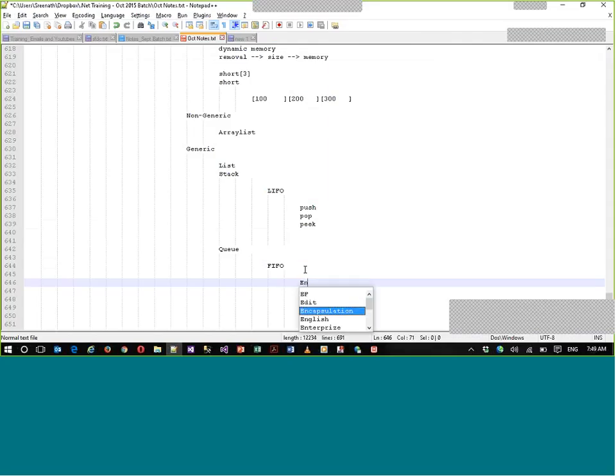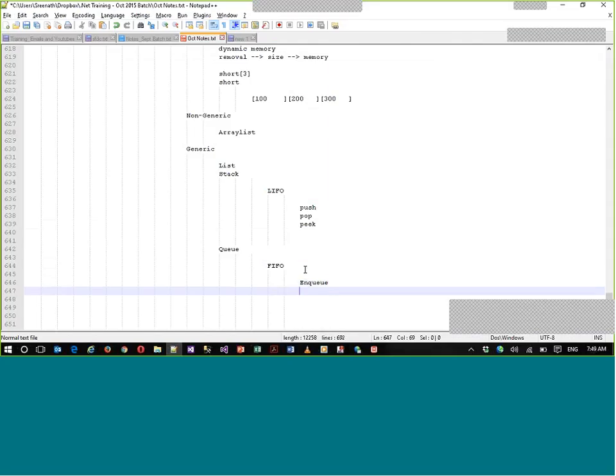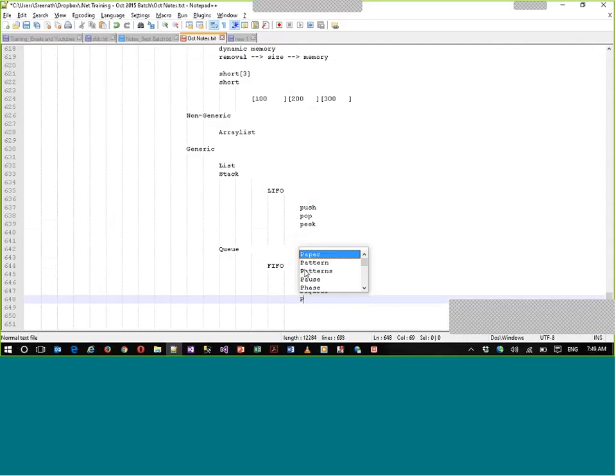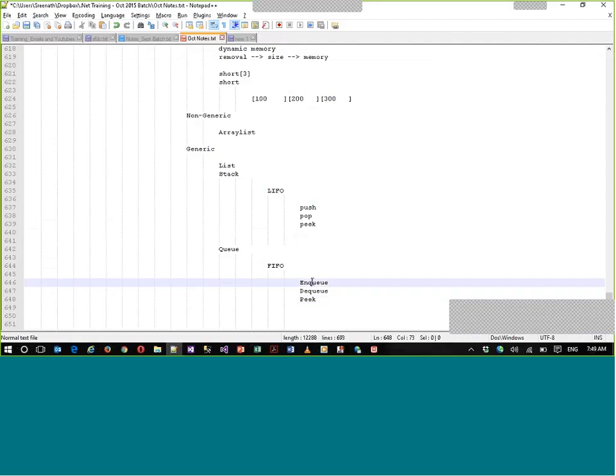First one is Enqueue, second one is Dequeue to remove, and then Peek again. Enqueue is to add nodes, Dequeue is to pull out the nodes.